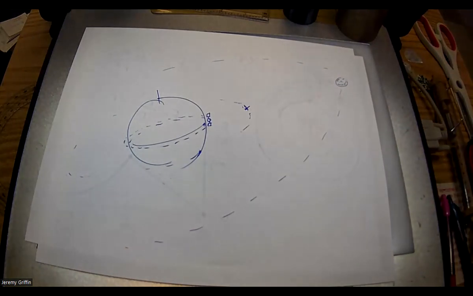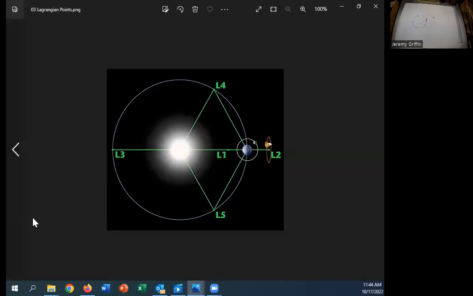And one more thing before we hit the Kahoot. I've got a cool demo for you guys. So Lagrangian points. I want to teach you guys about Lagrangian points. Do you guys think that between the Earth and the Sun, for example, there's some point where the gravity cancels out? Like the Sun pulls to the left, the Earth pulls to the right, and it's a wash. There probably is, right?